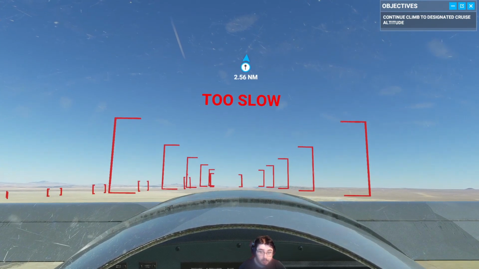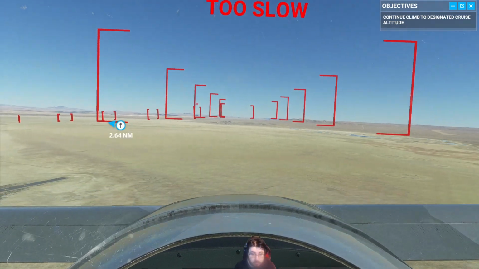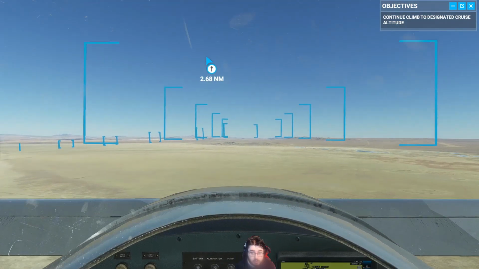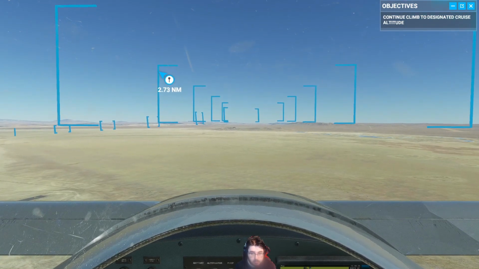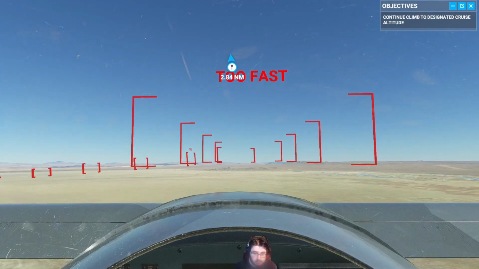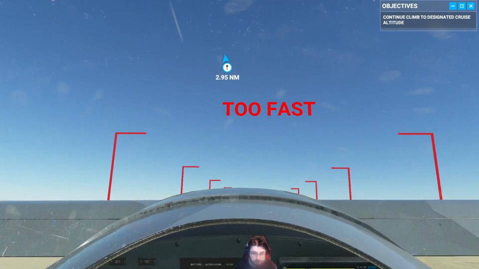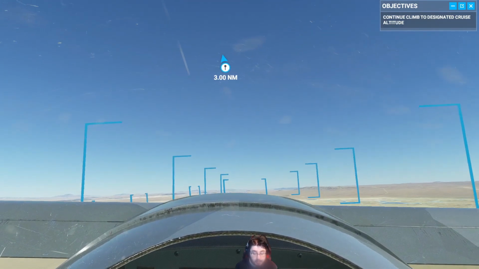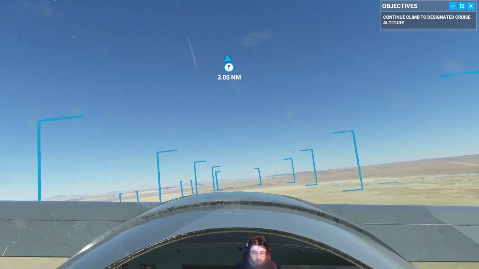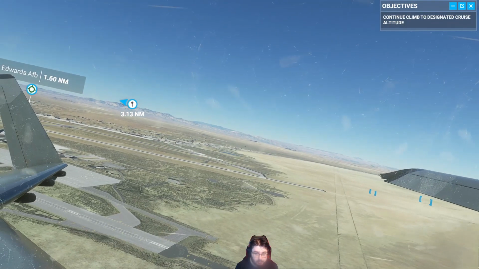$27 is... Okay, we're going too slow. Keep the speed up. We're a little bit too low as well. I was going to climb a little bit higher because we're a little bit too low to my liking. Okay, that's better. We're starting to turn into the base now and get ready to land